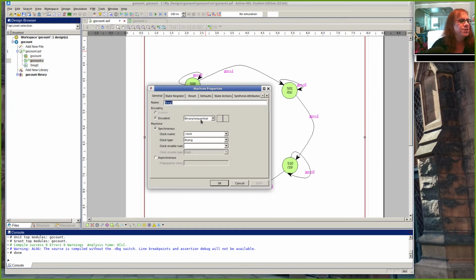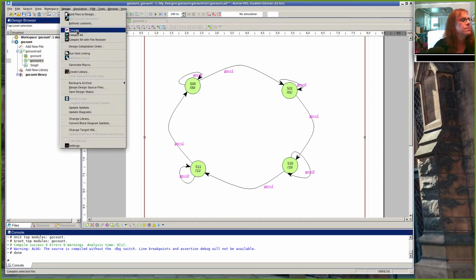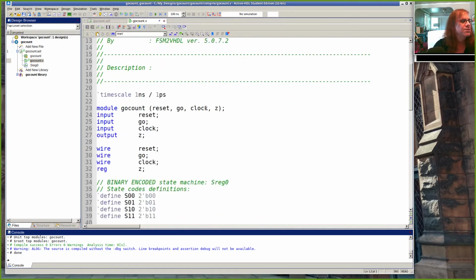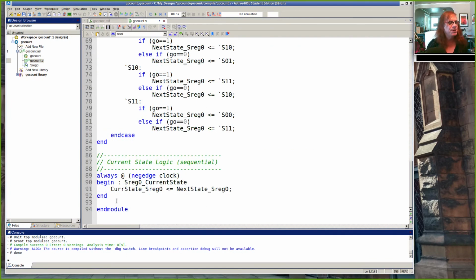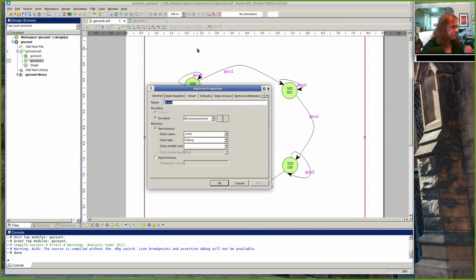And we can tailor this machine, right? For example, right now it's set up for when the clock is rising. We could say let's make a machine for when the clock is falling, and if we compile that and look at the Verilog, down here it's changed my always block to say on the negative edge of the clock, let's go ahead and set the current state to whatever the next state should be. And so you have a lot of control over the machine